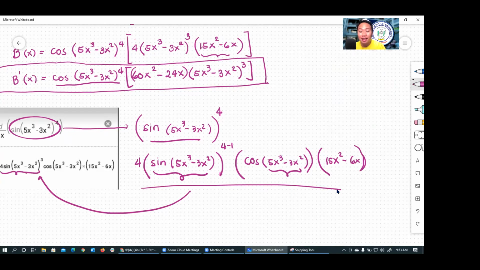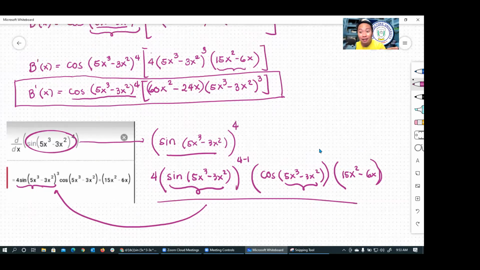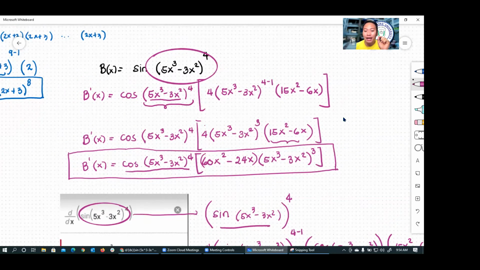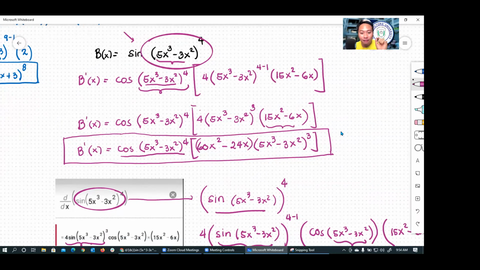So if you notice, guys, kaning whole answer is that one nga naa sa Simon Lab, at the same time naa sa PhotoMath. But the difference with these two examples, guys, is ang kaning interpretation nga gihimo ni PhotoMath is technically raising the entire sine function to the power of 4. This example that I gave, guys, is only raising this term here, 5x cubed minus 3x squared, raised to the power of 4. That's why it looks different when it comes to the final answer. Na-gets na? Na-follow na ang pattern.